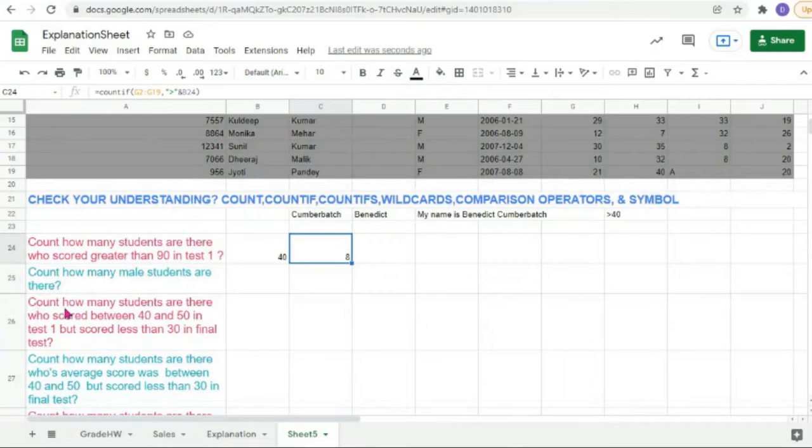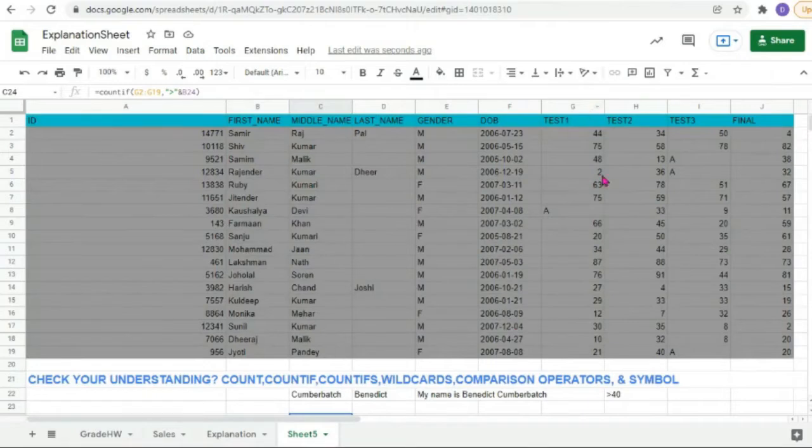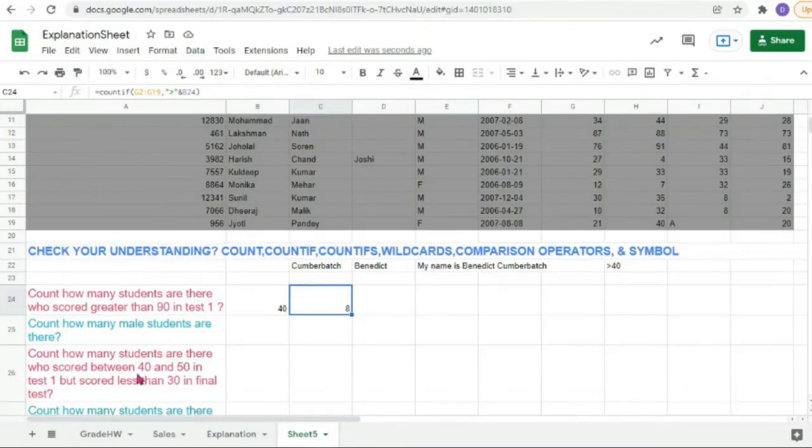Okay, now let's move to the next question, my part of the question, that is this. Count how many students are there who scored between 40 and 50 in test 1 but scored less than 30 in the final test. So these are test 1, test 2, test 3, and this is the final test score. Now, from this question, at least one thing is very evident: it is asking us to do counting based on multiple